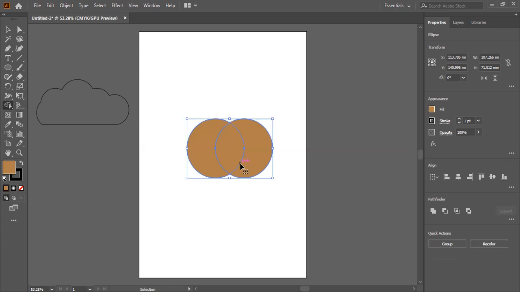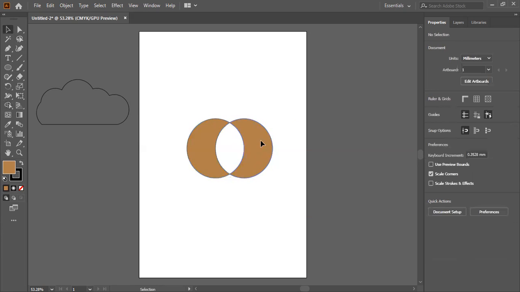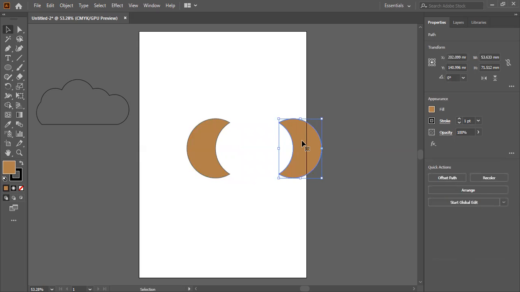What did I use? The shortcut that I have used is the Alt key. Okay, Alt key I have used. By pressing the Alt key, it becomes minus. If I release the Alt key, it becomes plus. Okay, so that will be one of the other steps, which